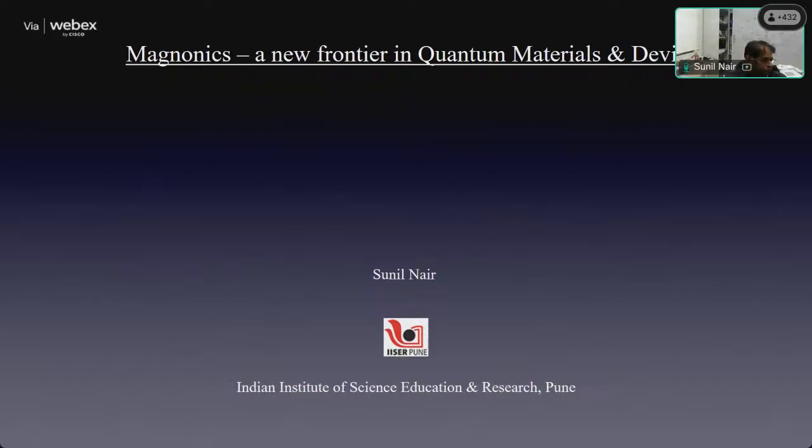Okay. So now let me come to the second talk. Since Manoj had asked me to give one on a more general topic, I gave the earlier one on strongly correlated systems. And the second one is an area which is relatively newer, and that is called magnonics. I actually have a lot of slides here. I will stop halfway through because I think we will not have more time than that. So let me begin.